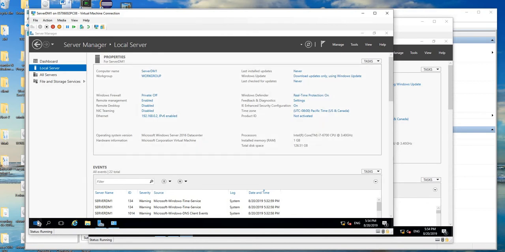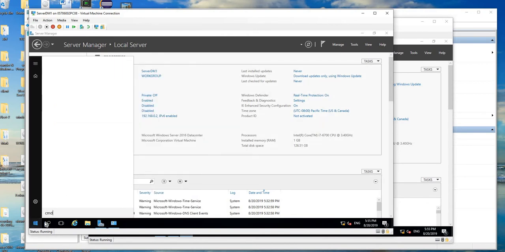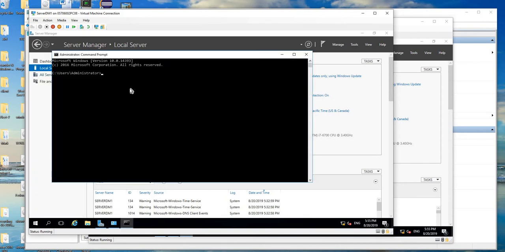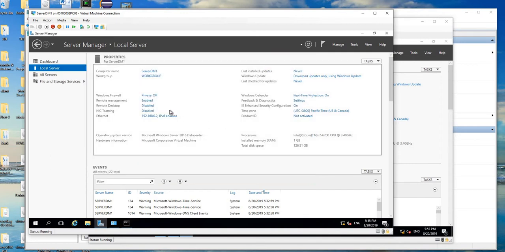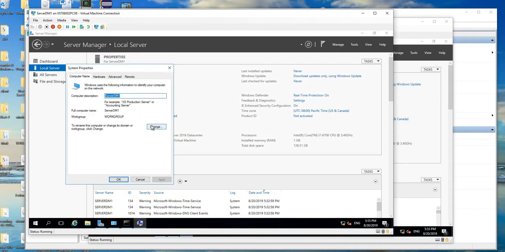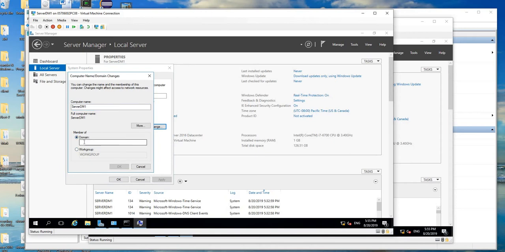So I'll go to the command prompt, CMD, check your IP address, ipconfig, good. Default gateway and mask are fine. So I'll ping the domain controller, 192.168.0.1, which is okay. Now I'll make this machine a member of the domain. So I'll go to this one, workgroup, I'll change it to domain MCSA 2016.local